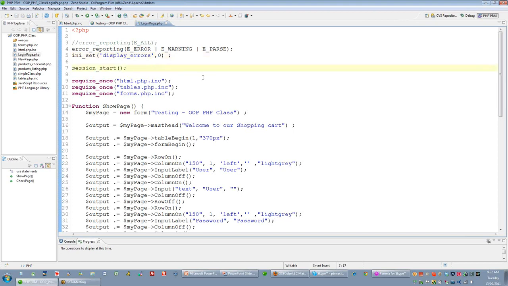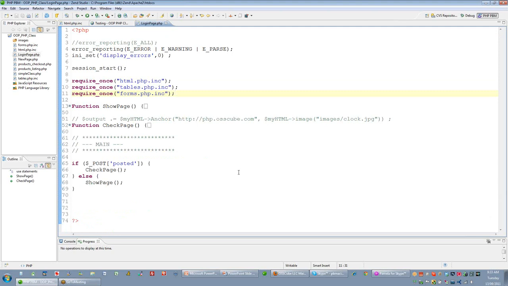I start a session here because we're going to insert values into the login page. So this is a login page, the first page we want to build. I'm requiring my class files, and then I have two functions. And this is just the way I'm doing it. A show page and a check page. These are just defined functions. Nothing calls them until I get down here, and it's a very simple trigger. Has anything been posted? If it is, check the page. It's a little bit reverse